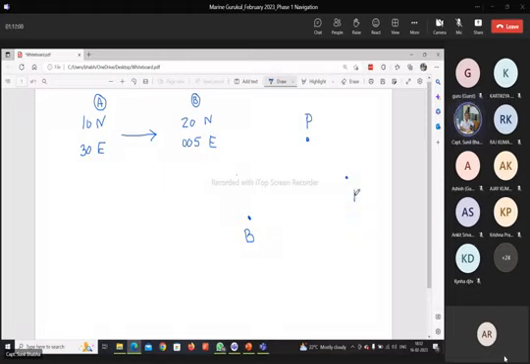So A will be somewhere here and B would be somewhere here. So if you want to make the PAB triangle, it would be like this. This is how the ship will be moving. Now I have made B to the left of A. Why? Because if you look at the longitude, we are going from 30 east to 5 east. That means we are moving in the